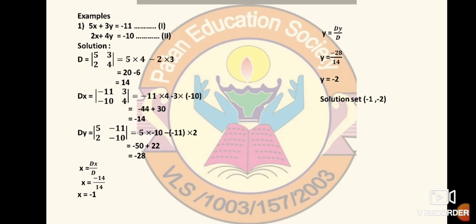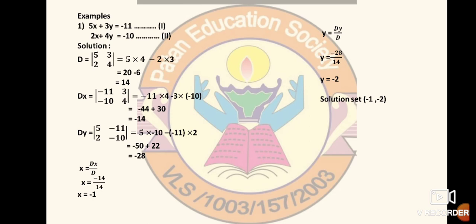So they are in the form of ax plus by is equal to c, that is a1x plus b1y is equal to c1. And for the second equation, check whether it is in the form of a2x plus b2y is equal to c2 or not. If you observe both the equations carefully, they are already in proper standard form, so directly you can go for the value of d. While writing the value of d, take the four coefficients which are present on the left hand side of the equal sign. So which are those numbers? 5, 3, 2, 4 that we have taken down. So 5, 3, 2, 4, find the value of the determinant.